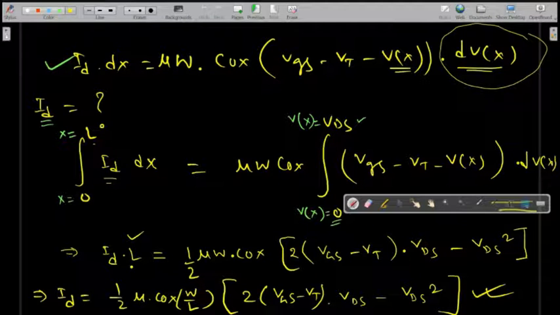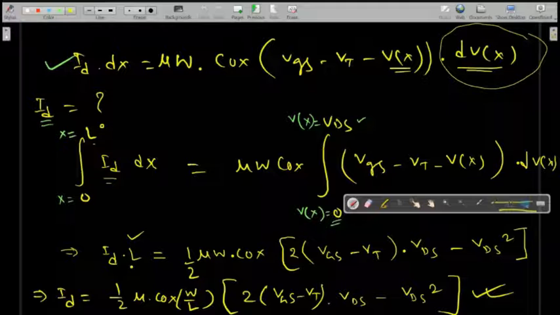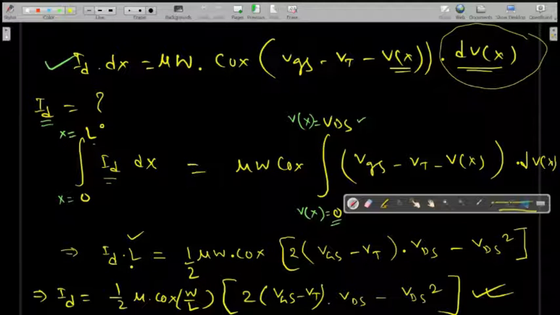Anyway, here we are getting a very simple expression which is useful for hand calculation of drain current. Although this result is not so accurate, you can take it as a reference. You can use this result to predict the value of drain current for any particular voltage. You will get some idea of how much drain current I can get from the device, because it is the current voltage characteristics of a MOSFET.